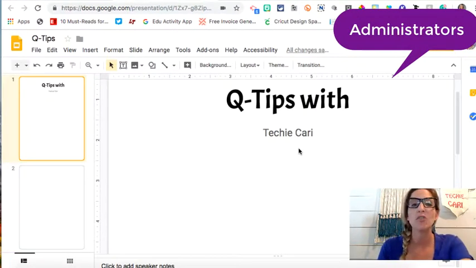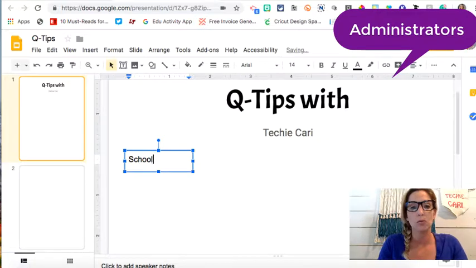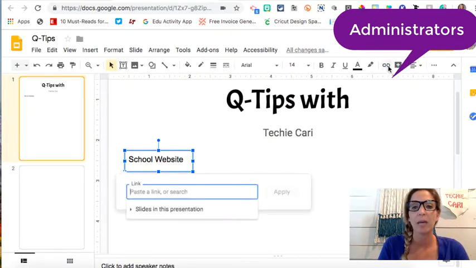Let's talk about administrators using this new format of Google Slides. Administrators are constantly having to share information with parents, and parents often ask, oh, where do I go to find this? What do I do? Well, why not make this slide interactive? So principals send home a weekly newsletter. They can have a text box that quickly takes the parents to the school website. So they would make a text box, they would go in, and then they would hyperlink it to the